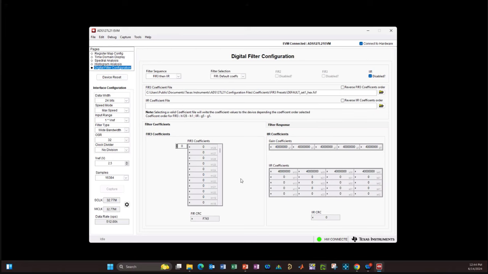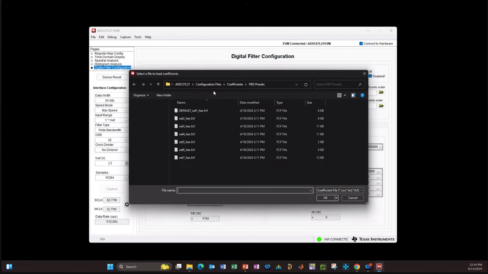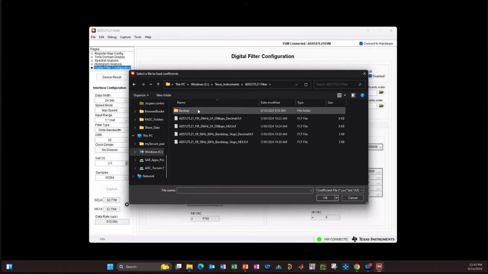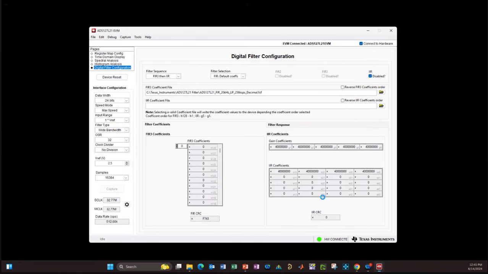So what we're going to do here is go here to the FIR3 coefficient file, and I am going to then navigate to where I have these saved on my workstation here. And this is where I had saved it to previously. This low pass FIR filter is this one right here, decimal format. I am going to click on it and then click Open.